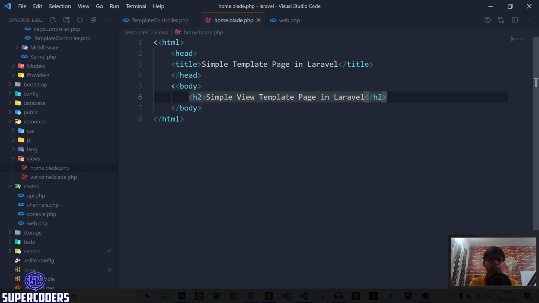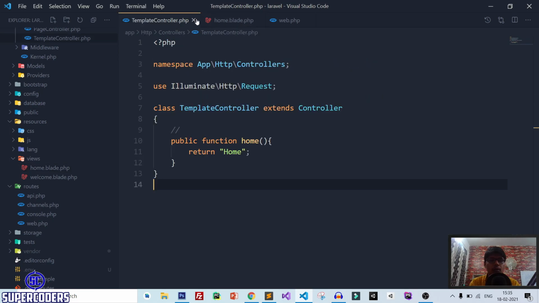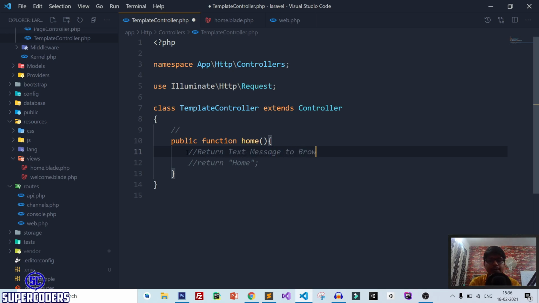Now save this file, and let's link this template file to our controller. For this you just need to comment out this message and add a comment: return text message to browser.